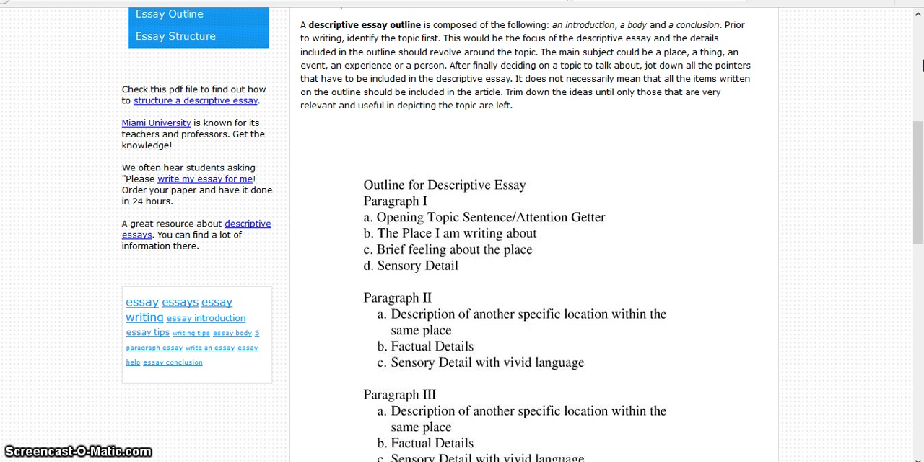As you know, every essay consists of an introduction, a body, and a conclusion. Of course, the introduction introduces what you're going to talk about to the reader, and the conclusion pulls it all together. So if you look at what's on your screen, this outline for a descriptive essay has this organized into paragraphs, and this outline is very